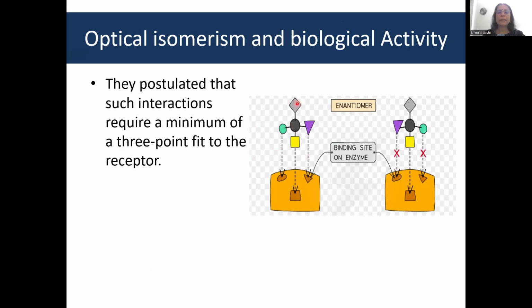This is a chiral carbon. There are 4 different groups attached and 3 of them are interacting with the receptor in a perfect way. Now, you make a mirror image of it. To make a mirror image, what is on the right goes to the left and what is on the left goes to the right. Now, there is only 1-point contact. These 2 cannot fit into the receptors because the shape on the receptor does not correspond to these compounds.